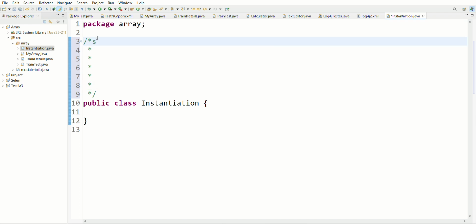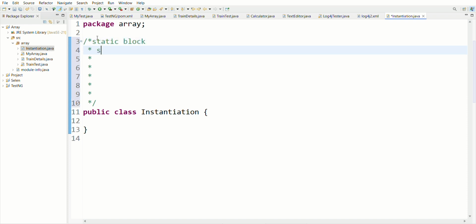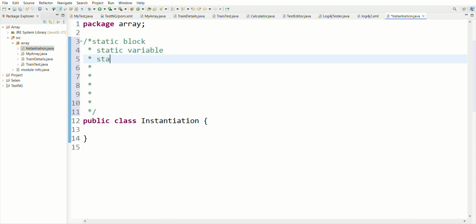In static, we have at first the static block, and the static variable, then the static method. We have all these three things in the static area.